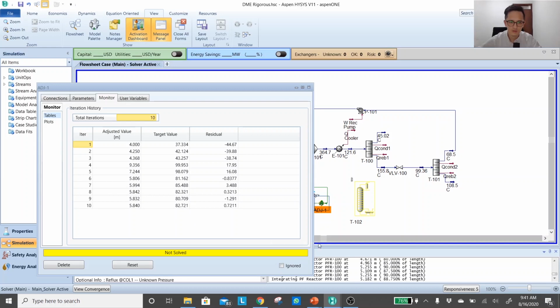Okay, let's wait until they finish with the sizing of the PFR again, and then we will ignore once it is converged into the actual conversion. Okay, now HYSYS requires more iteration because of the change in the mass balance, but let's wait for now. It's already quite close to 82%. So hopefully they can finish it soon.